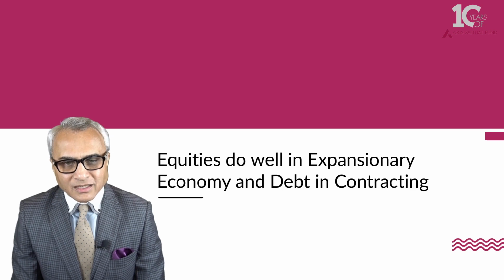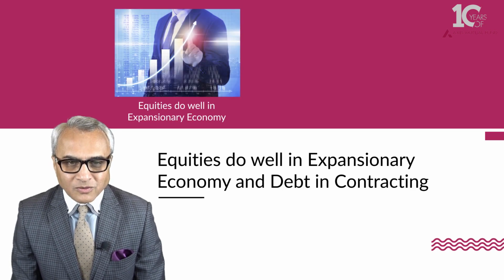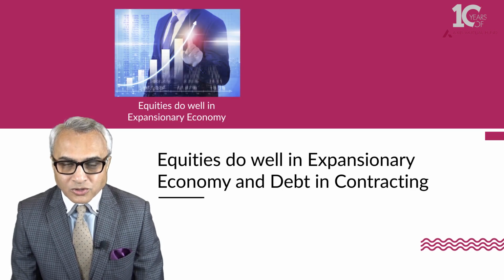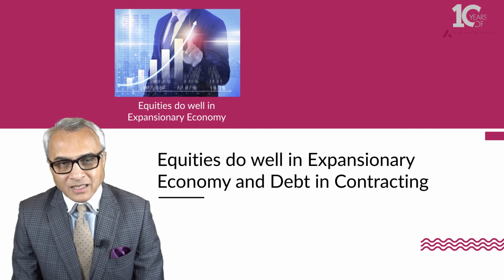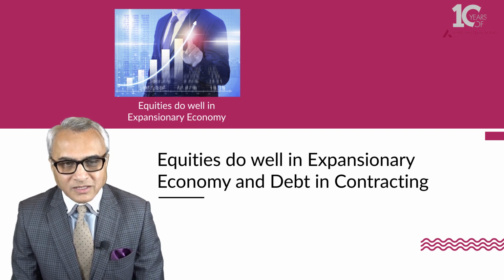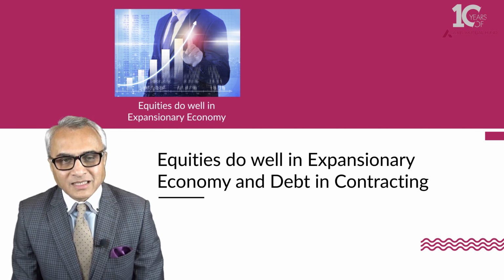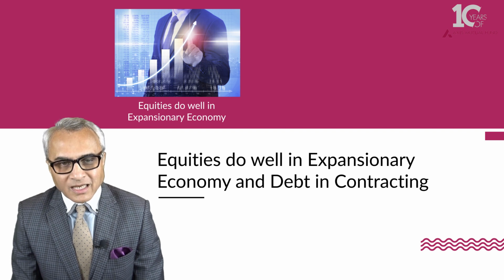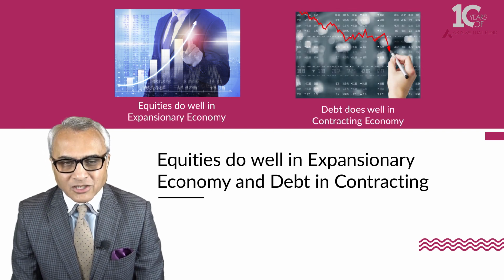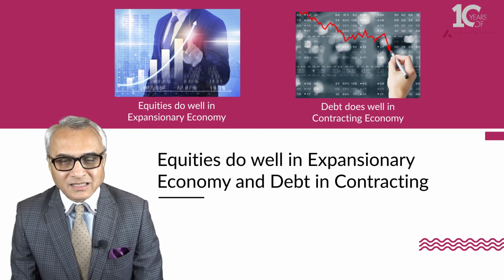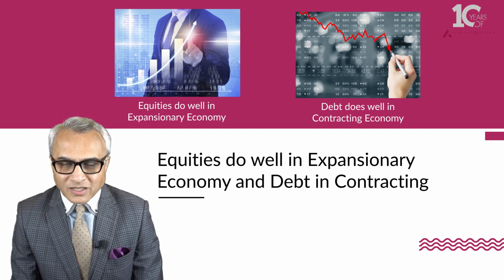Equities do well in an expansionary economy when the growth of the country is happening. The GDP, what we call gross domestic product, also starts increasing. When manufacturing activity and everything picks up, that's when equity is supposed to do well. And in a contractionary economy, the debt markets tend to do well, and that reverse correlation gets captured very beautifully